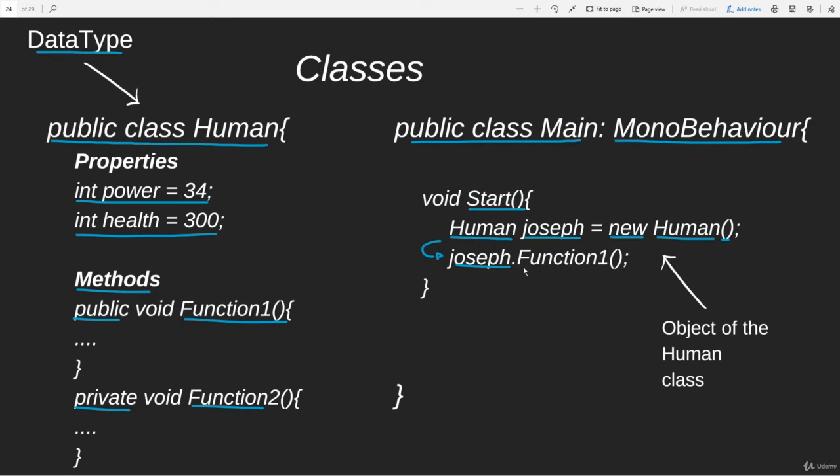So here is when public and private make sense, because here I'm saying that we can only access any public properties or functions or methods that class has. So in the example of human, the only public thing that we have is a public void function 1. So the only thing that we can call here from the variable, from the object,